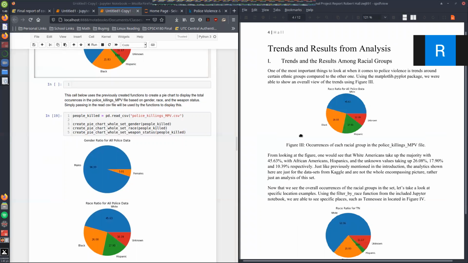So as we can see here, white Americans take up 45.63% of all the occurrences in here, with African Americans being at 26.08, and the other individuals here. And like I was just mentioning about those unknown values, I still included them in the analysis because it really shows just how much they take up of the data set. And so what I was looking at too is this 45%, like that's not a giant majority, but it's still